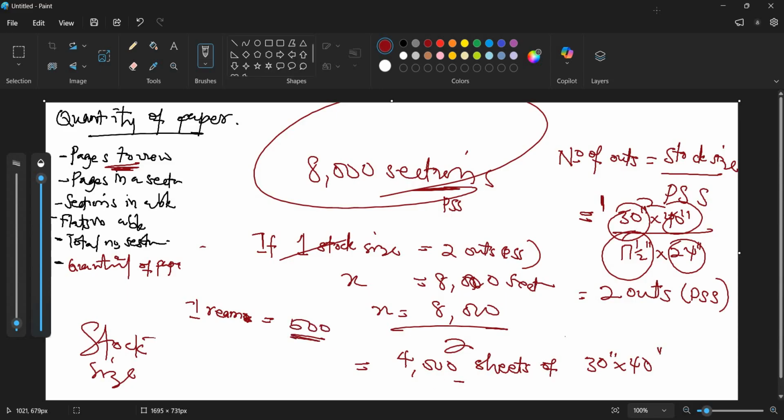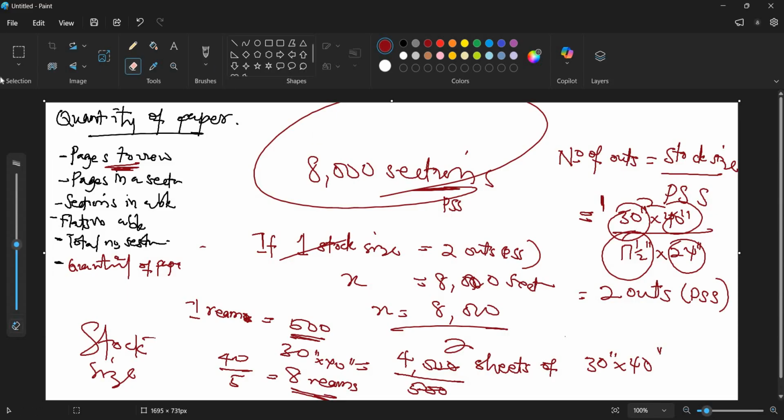So we divide this 4,000 by 500. This cancels out, and now we have 40 over 5, and then we have 8 reams. So that means when we take our book, we need 8 reams of 30 by 40. So that's all for